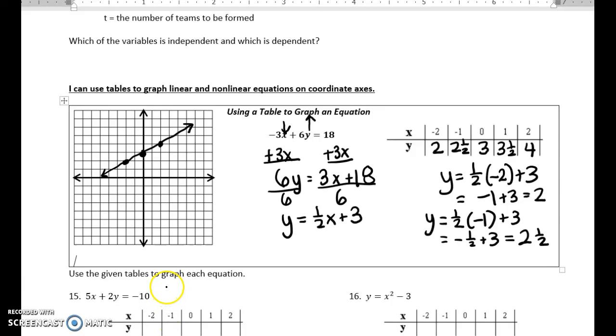So with this process of creating a table, just so you know, coming up, 15 is going to be a line. You should recognize that as a linear equation. 16 is not linear, and that's that parabola shape that some of you are familiar with, but you can think of it as a U shape, so you kind of know whether or not you are on the right track as far as